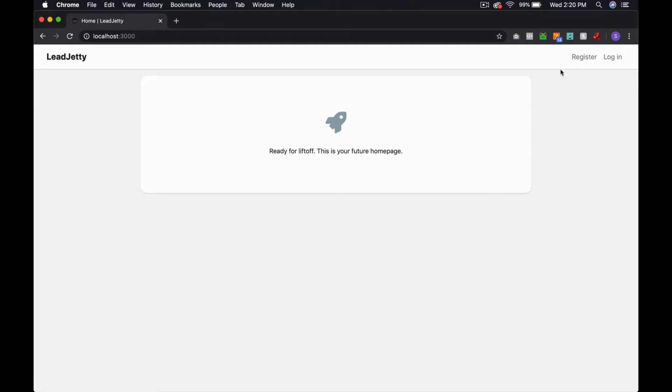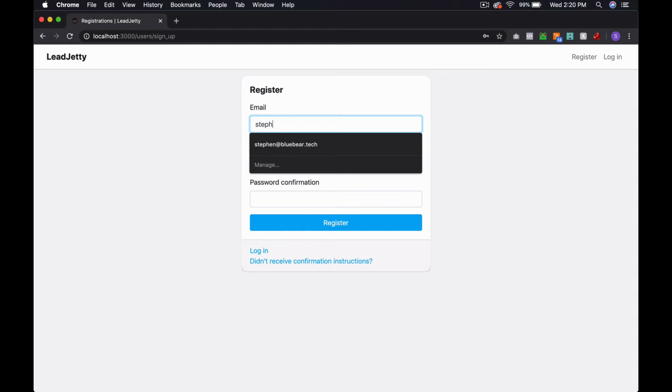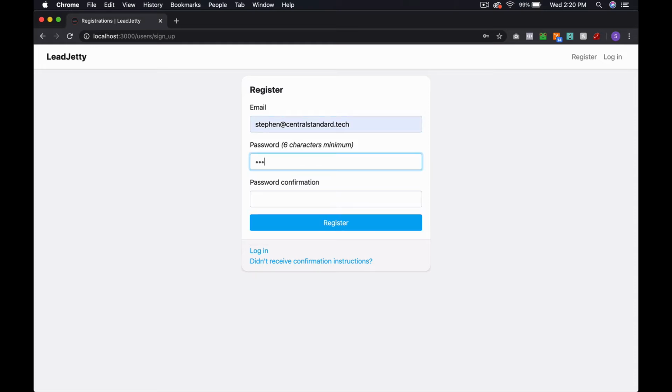Okay, so let's take a quick look at some of the features that exist. So I mentioned user registration. So you have this nice looking registration form. I'll just enter in my email address, steven@centralstandard.tech, put a password,